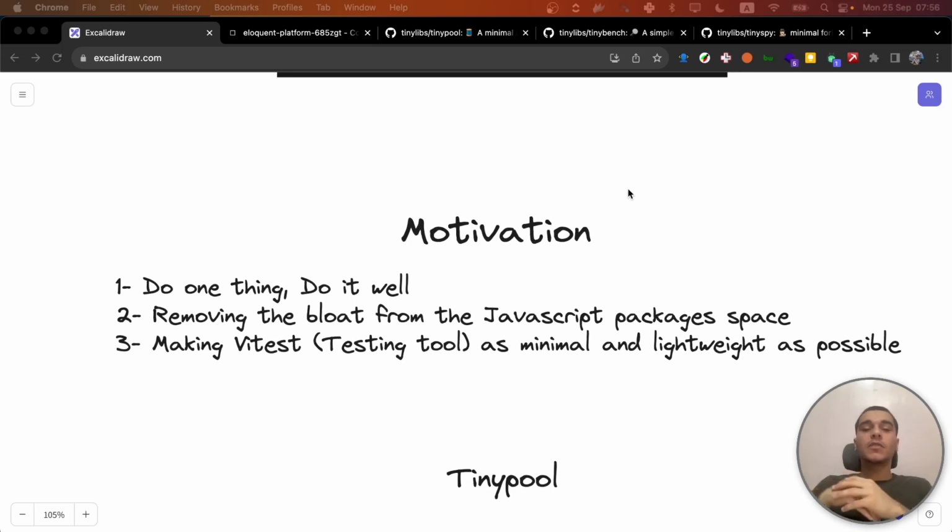So let's get into the motivations. Well, the first motivation that made me start this organization was that I really liked one of the Unix philosophies, which was do one thing and do it well. I wanted some libraries that only do one thing and do that thing properly